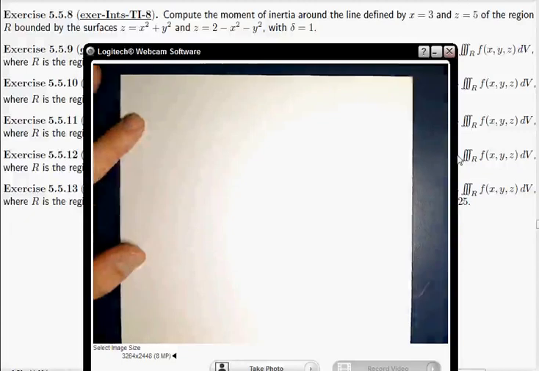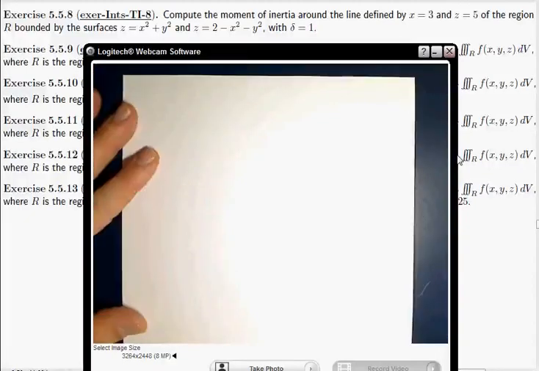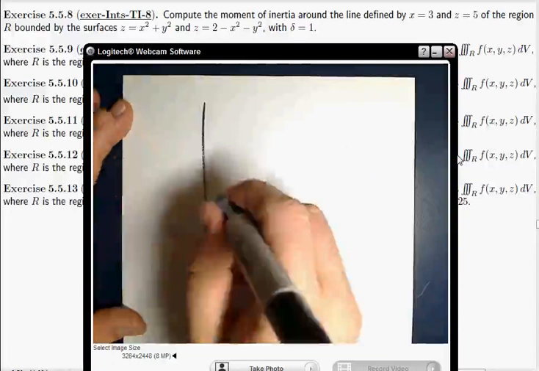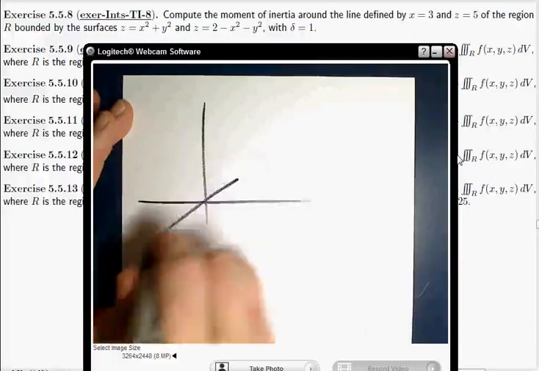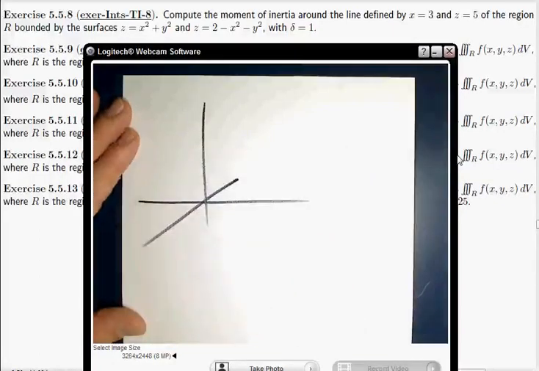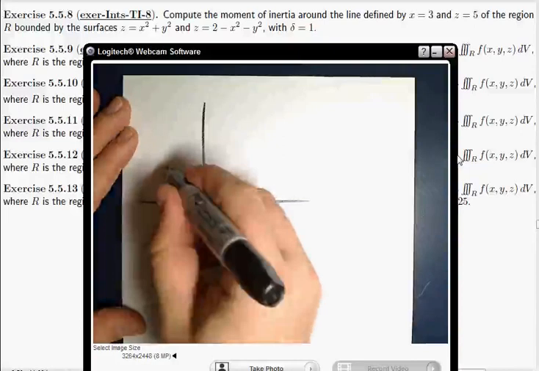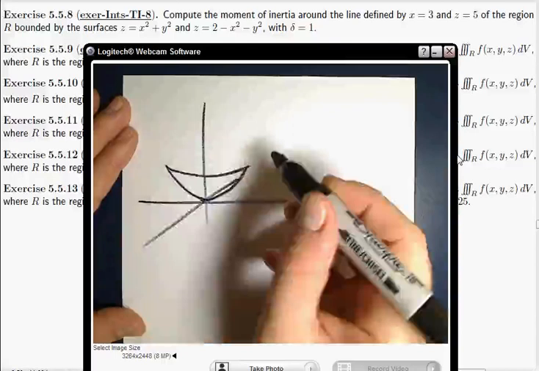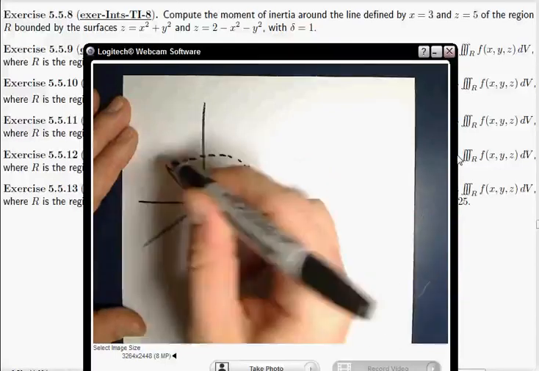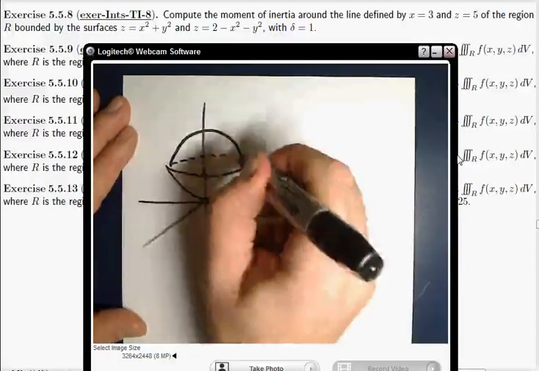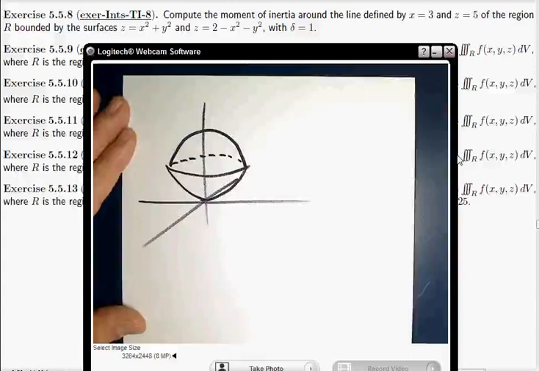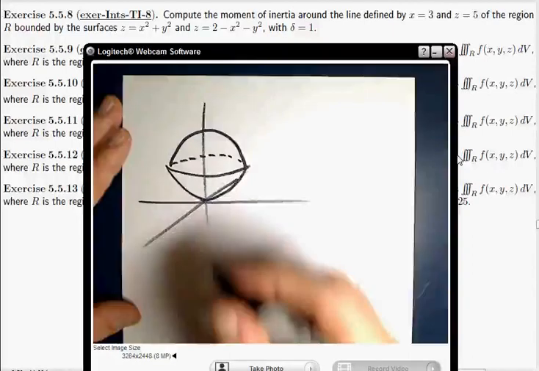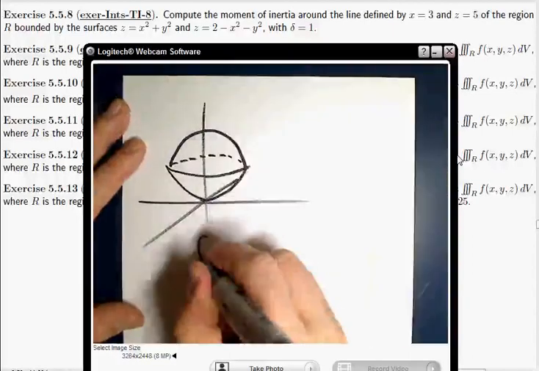Okay, so doing number 8 here. Drawing our domain, we've got a paraboloid, and then there's another paraboloid sitting on top of that. This is kind of what our domain looks like, right? Okay. So over this domain, we want to compute a triple integral